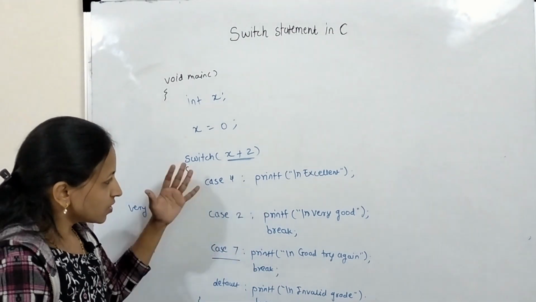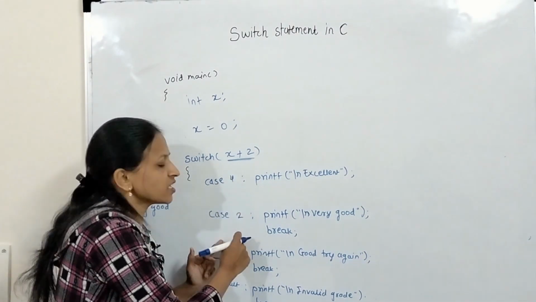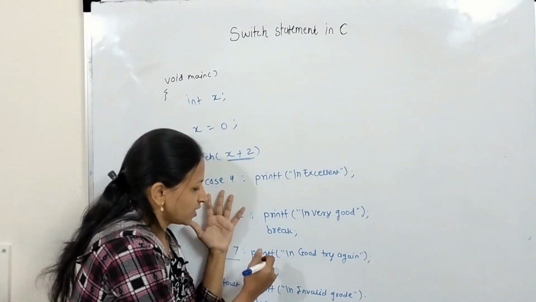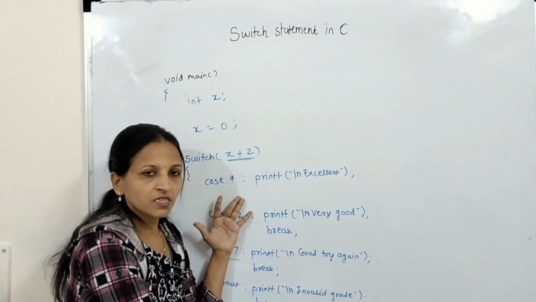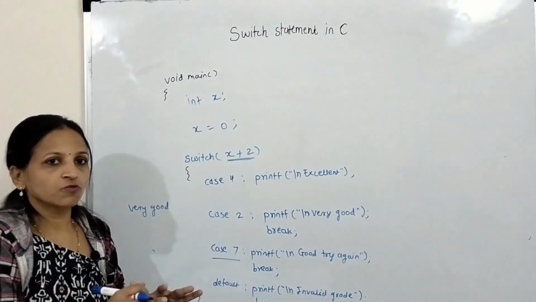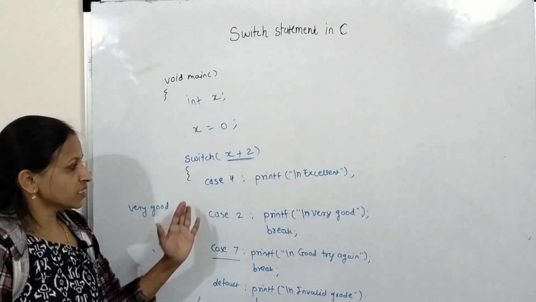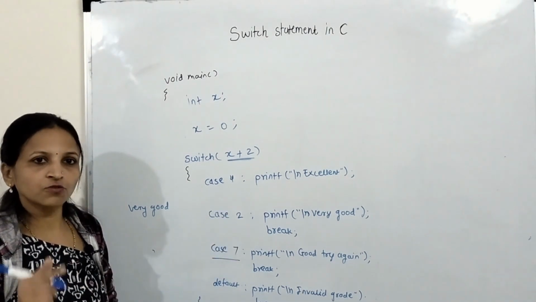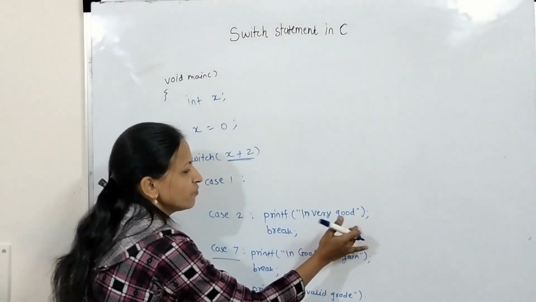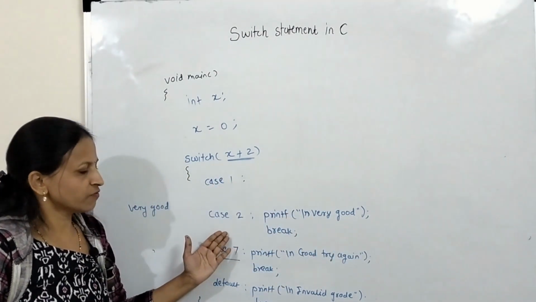So whenever the result of this expression matches any case value, whatever is on the left-hand side will be ignored totally, and whatever is on the right-hand side will get executed, one instruction after another, till it gets a break. In this way break can be used. We can skip break, we can put break, as per our choice. Suppose for case 1 and case 2, for both we want to execute the same statement, then we can write case 1, then case 2, just printf very good in that way. If in both cases I want to display very good, then just write it this way, no problem.